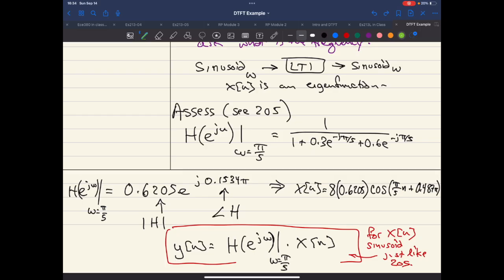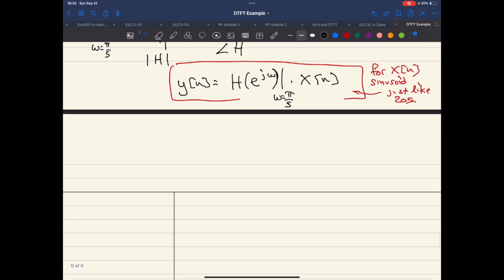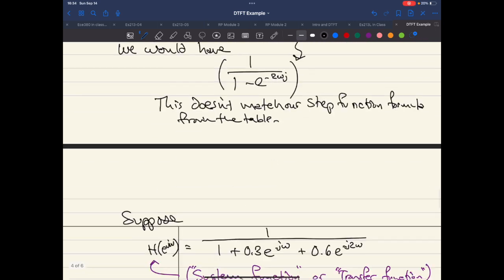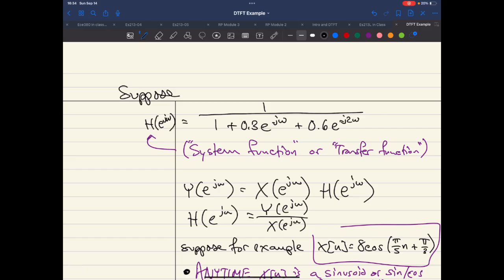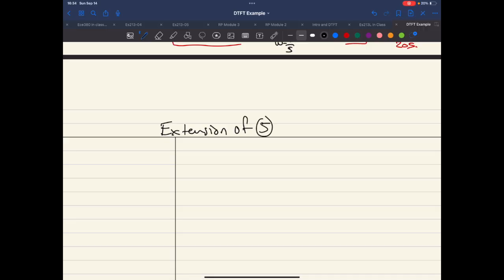So we don't have to even worry anymore about what we were doing in the frequency domain, because it's a constant value for a fixed frequency. If x[n] is built from a couple different frequencies, and we can kind of parse this out, another trick we can use, here's another note, so extension, I guess, from the last one. Let's call this one 5. All right, so extension of 5. If we suppose x[n] is equal to a sinusoid at ω1 plus a sinusoid